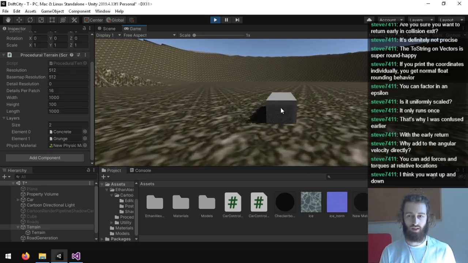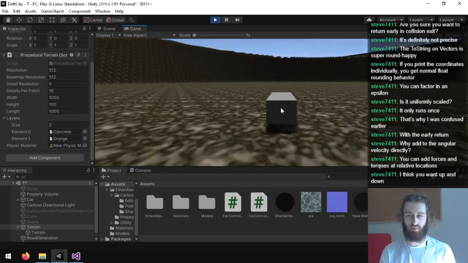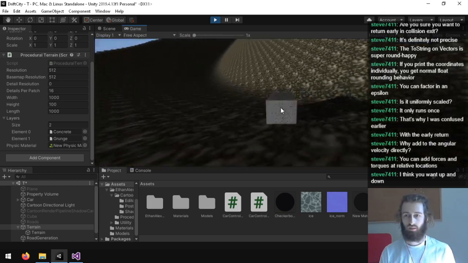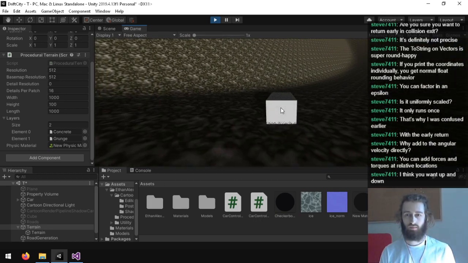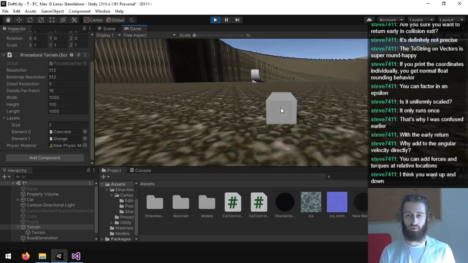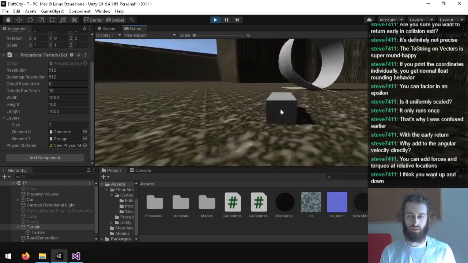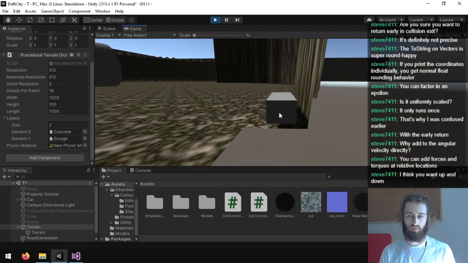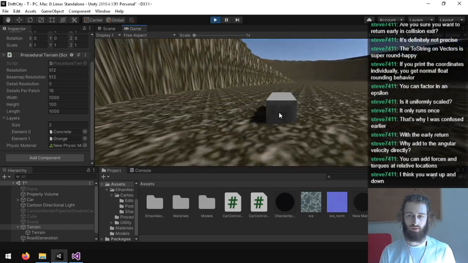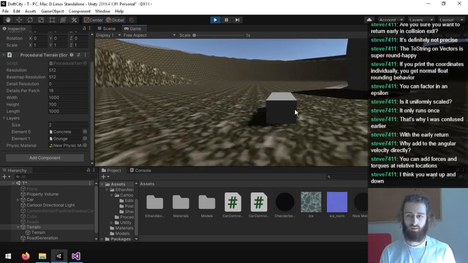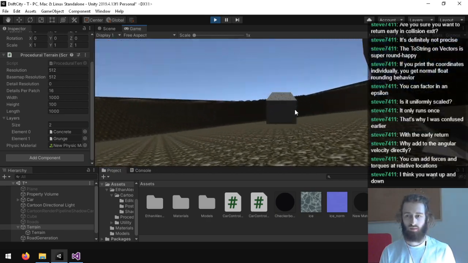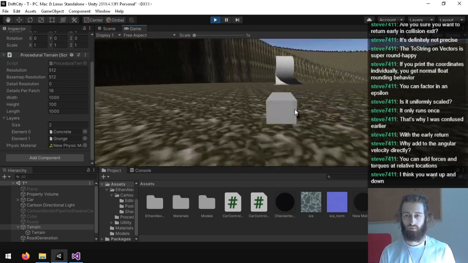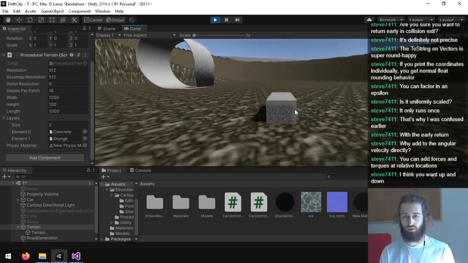I'm also thinking, alright, how am I going to make this not insanely slidey? I'm actually pretty happy with this system so far. I just went up the wall. This feels smooth.